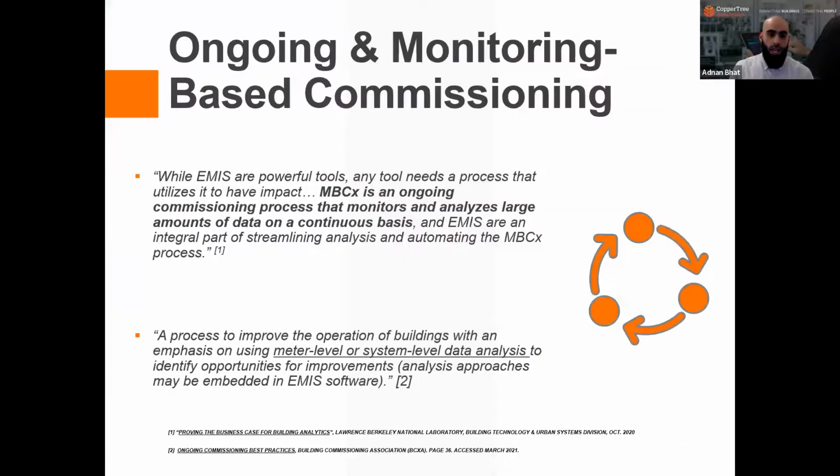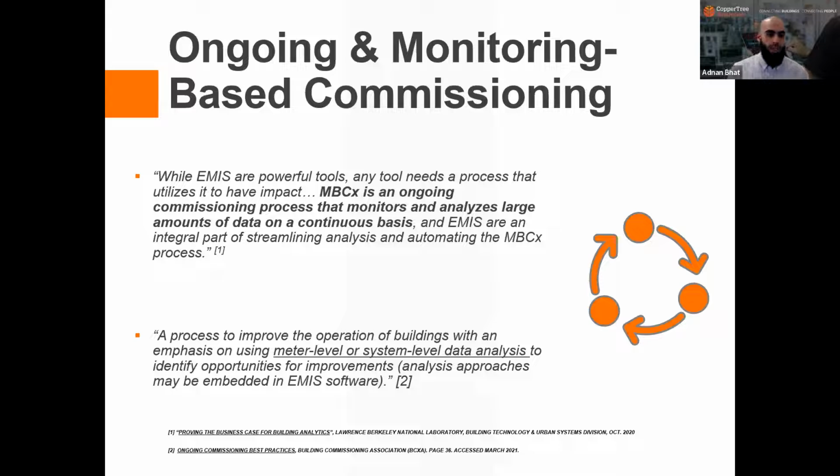So monitoring-based commissioning essentially is a continuous improvement framework. It is an ongoing commissioning process that monitors and analyzes large amounts of data on a continuous basis. And EMIS, which we will explore in upcoming slides, is essentially a tool that allows streamlining and automating the monitoring-based